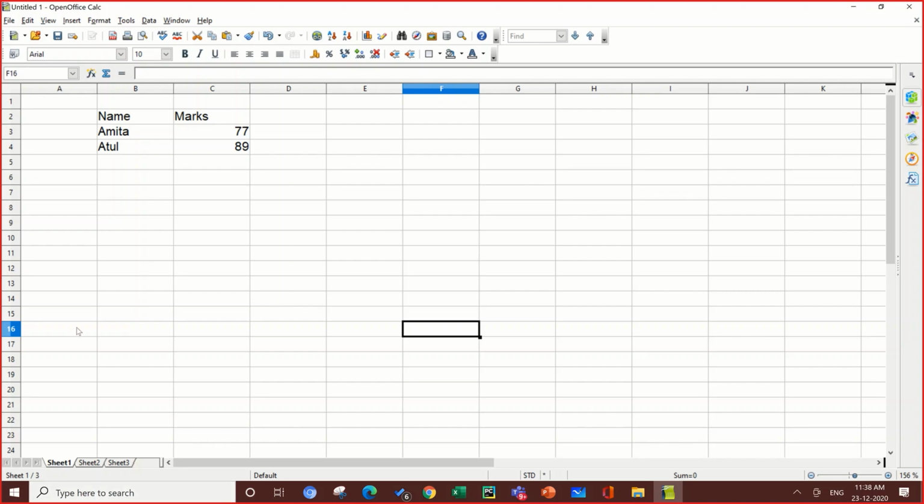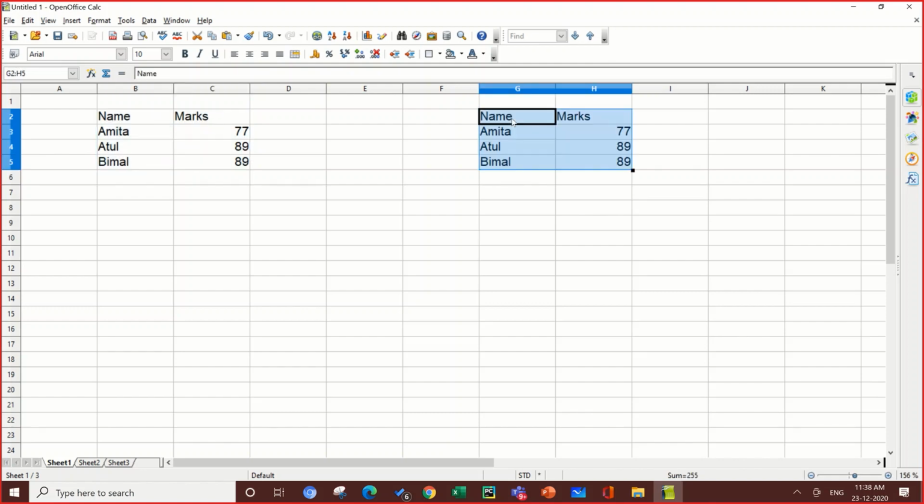Next point is copying a range. For example, I am entering some more values here. So I am copying this cell range. You can even press the shift key and down arrow key to select the range, press Ctrl C and here you can paste. The entire content is pasted.